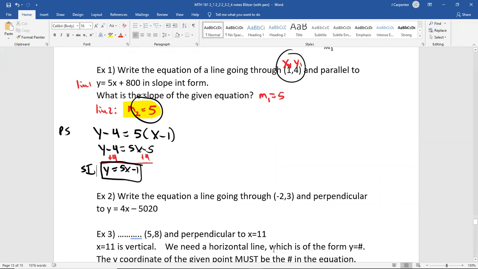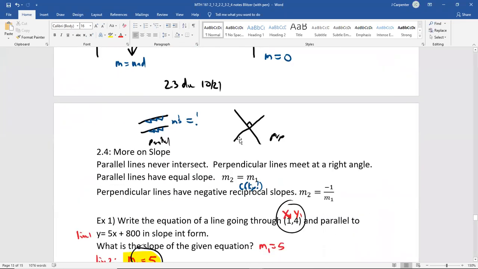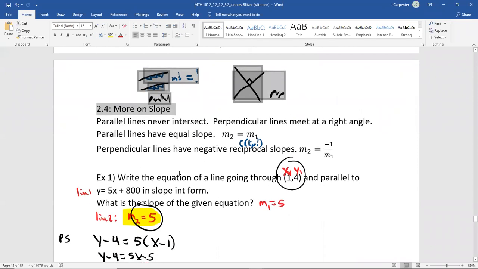We are going to pick up where we left off in 2.4. Last time we had done the first example, so we're going to do the second example and then get into some other stuff. But as a quick reminder, this section, so far, what we focused on is the